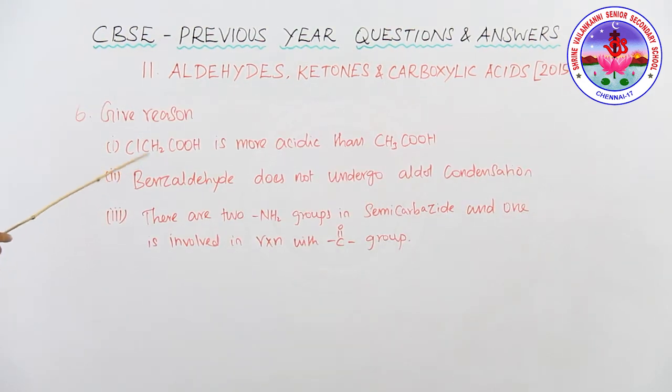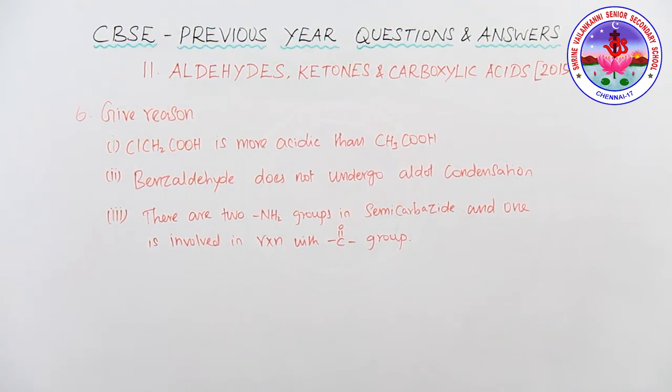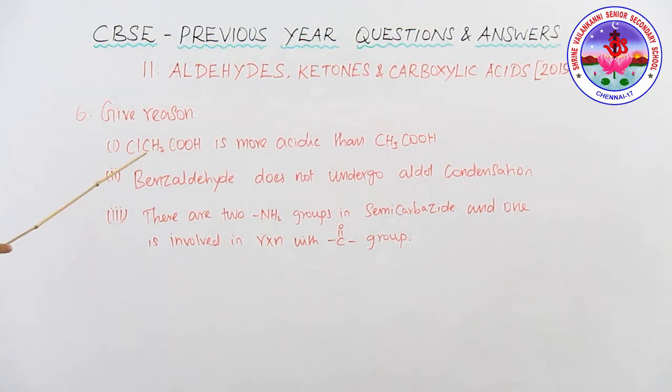So here the 2-chloroethanoic acid is more acidic than acetic acid or ethanoic acid. Second is give reason for benzaldehyde does not undergo aldol condensation. Then third is there are two NH2 groups in semicarbazide and only one is involved in the reaction with the carbonyl group, why? See the first case, here the